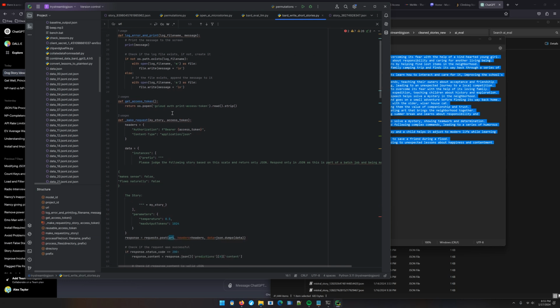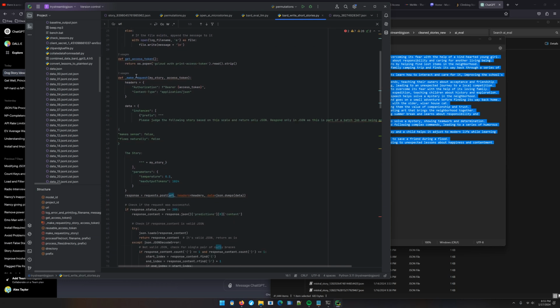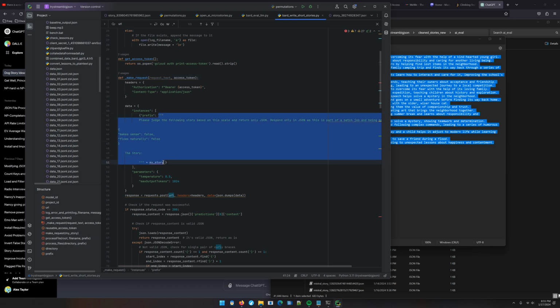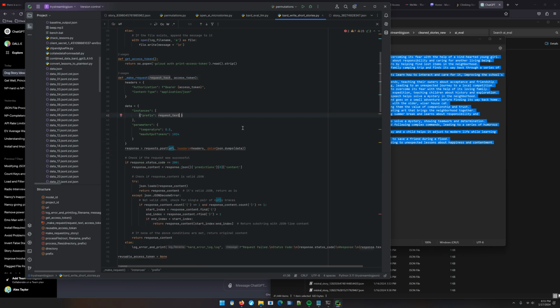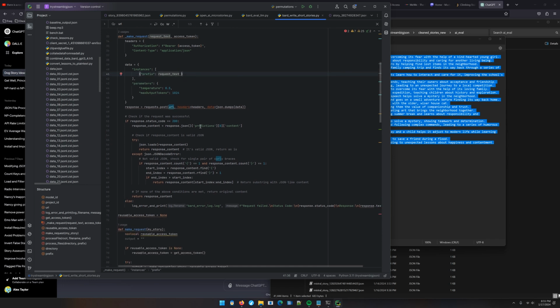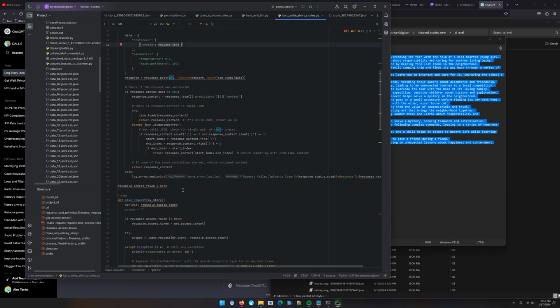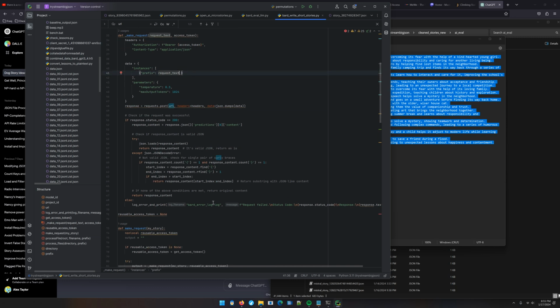All right, log error and print, get access token. We need that. Make request. Not my story. It's just going to be, oh God, request text. Like this. And then everybody's happy. All right. Log and print, and then this is going to write directly, right? What if I don't want it to write directly?